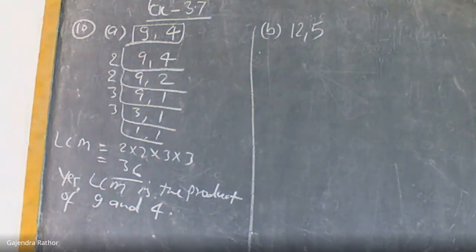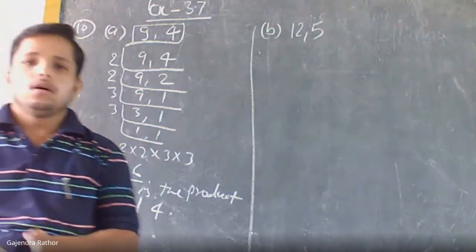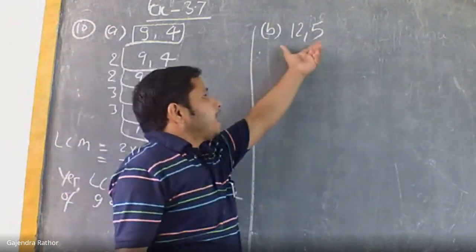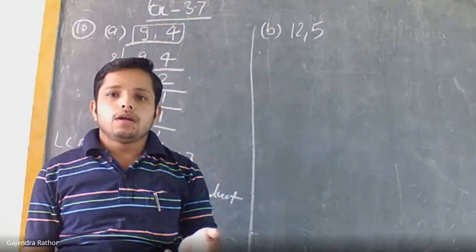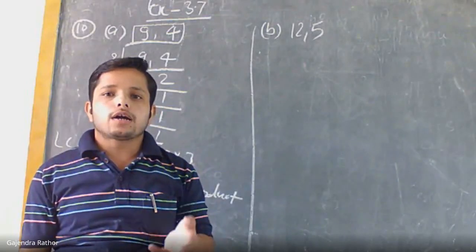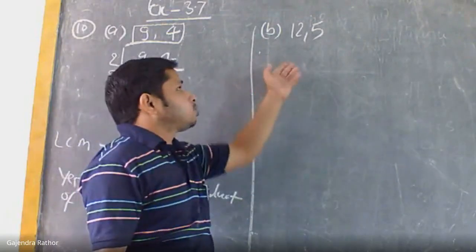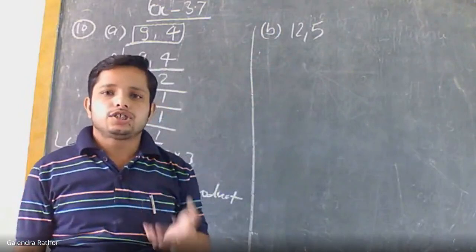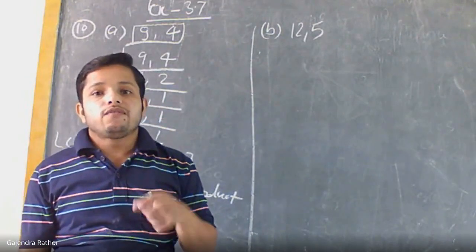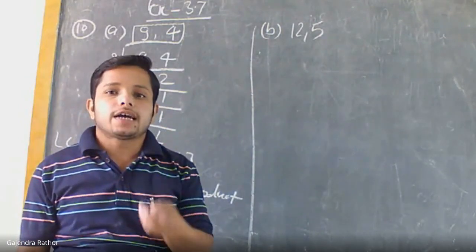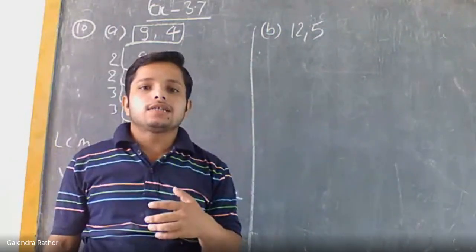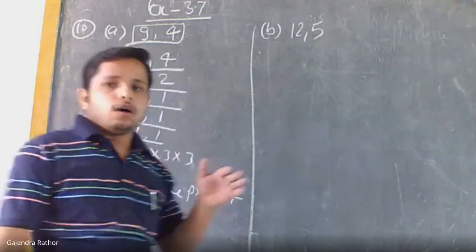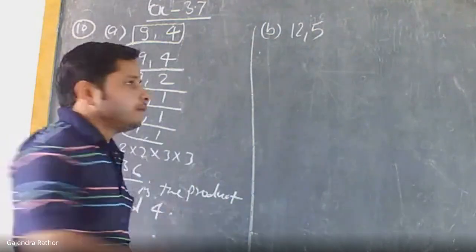Yeah, correct answer Anjali H. Very good. Hence they are also co-prime numbers, 12 and 5. So LCM will be equal to the product of these numbers. So 12 5s are 60. So now we found the LCM within 5 seconds. Okay. Now we recheck the answer. Is this correct or not? We find the LCM properly.